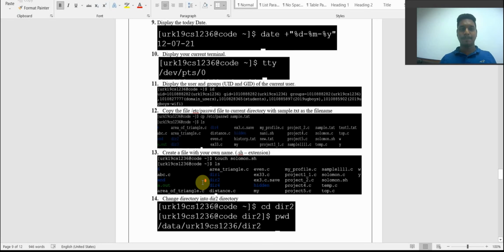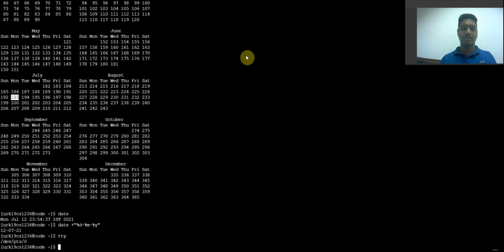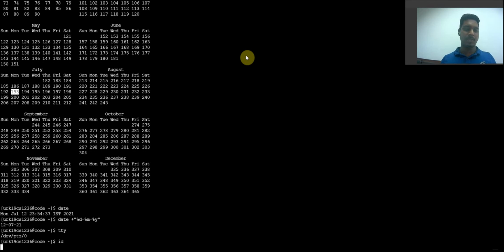For the next thing, we need the id. uid and gid are nothing but user id and group id. For that, the simple command is id. We want id, it will show the ids.